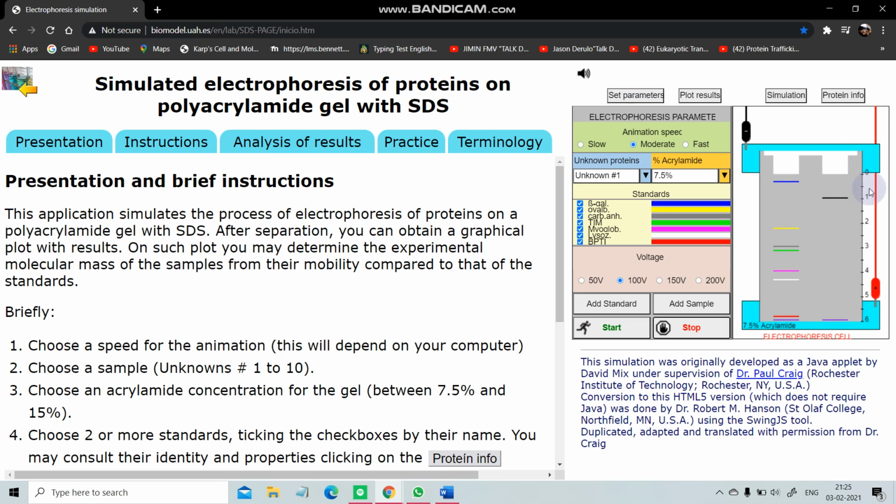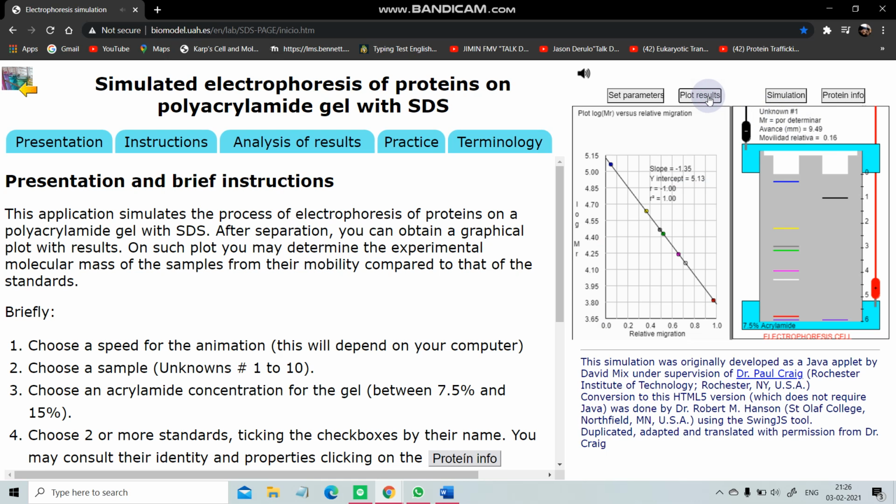Now after doing so, I'm going to click on this black band. This black band actually identifies the protein concentration. As you can see here, we have relative mobility, that is 0.16. We have to plot this result in the graph. So here it is taken as 0.16. So we have to calculate it for 0.16. So I'll plot it here. I'll click on 0.16 and